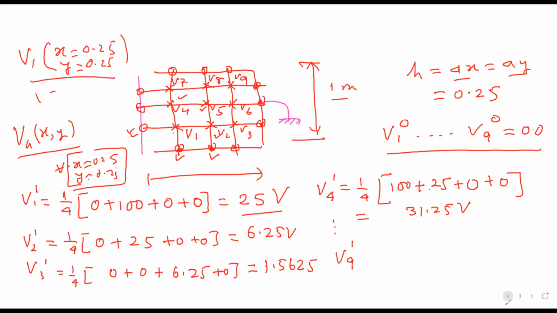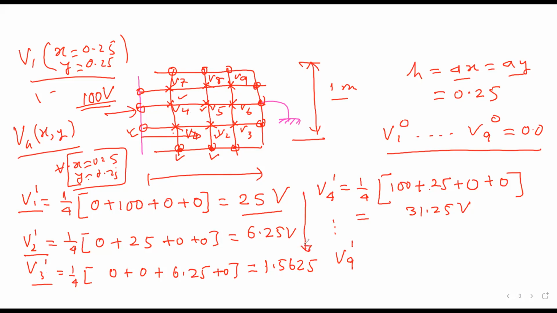For example, in this problem, you see that the plate is maintained at a potential equal to 100 volts. No other potential is there. Then what is your common sense? If we are moving away from this plate, will your potential increase or decrease? Decrease. Is it not the case we are observing in our first iteration? Yes, sir. If we just examine the values of V1, V2, V3, you see that your node potential